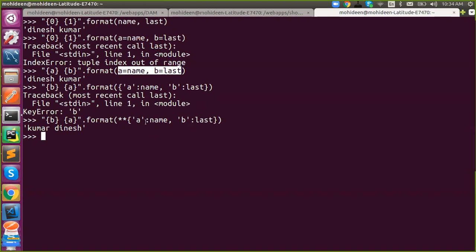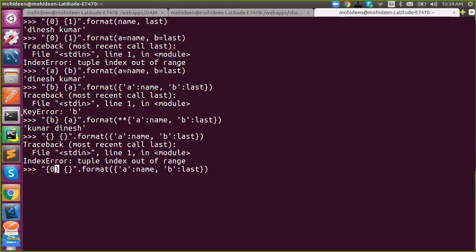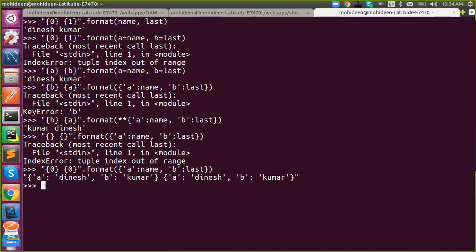It is again a key value pair. If you want to use a dictionary and you don't say anything, what happens? This will be considered as one object. Okay. If you don't use it, you get an index error, because we have only one object. Everything is an object. This is also considered an object. It says index error. If I say 0 and 0 again, what happened? Your dictionary will be repeated twice. So this will be considered as a single object, and it will try to place it at the 0th index.